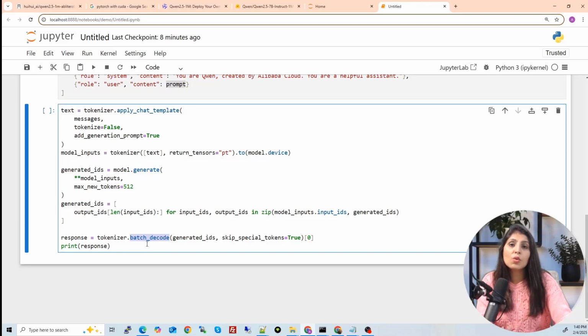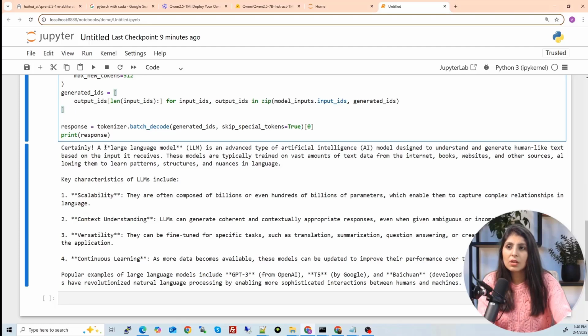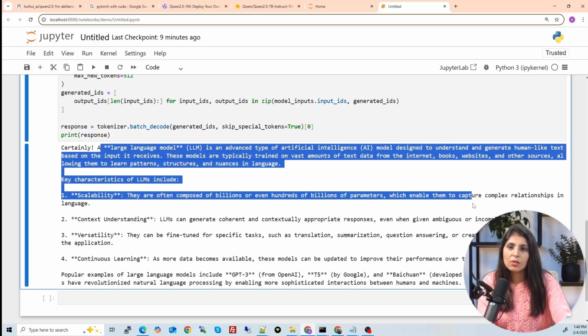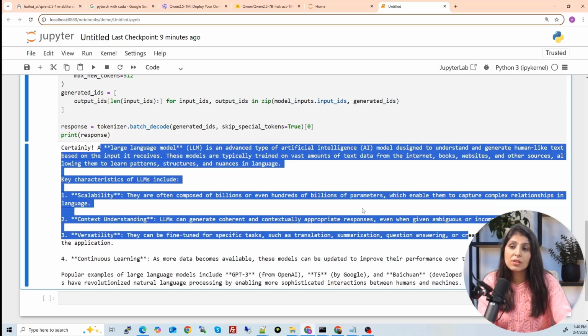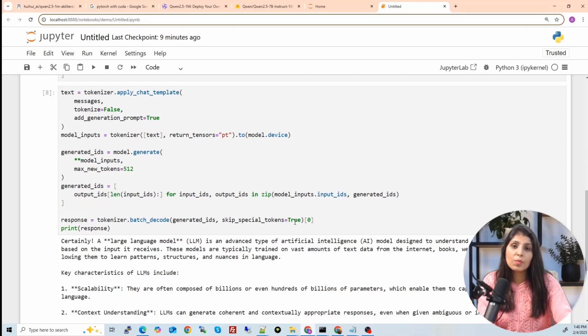This will decode those numbers into human readable form, and we can see the response. Now let's run it and see. See, this is the response. A large language model is an advanced type of AI. You can read the entire text. So this is the answer. We have seen how to download the model, how to prepare the input to give to the model, and then once the model performs the task, how to decode the output.